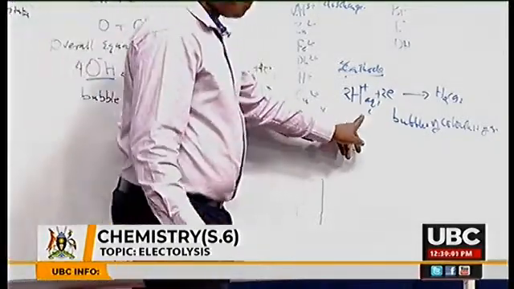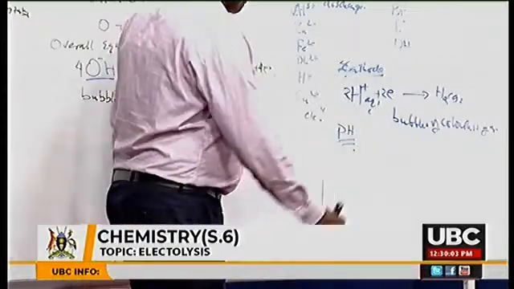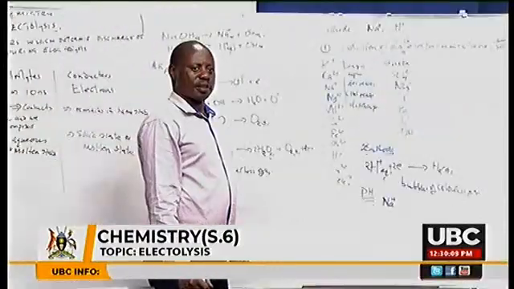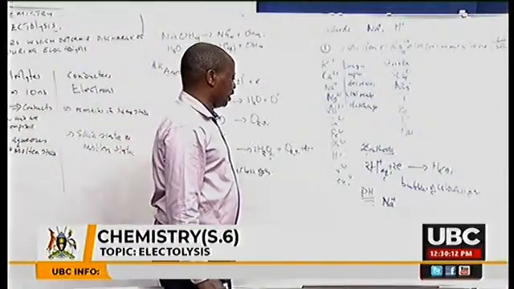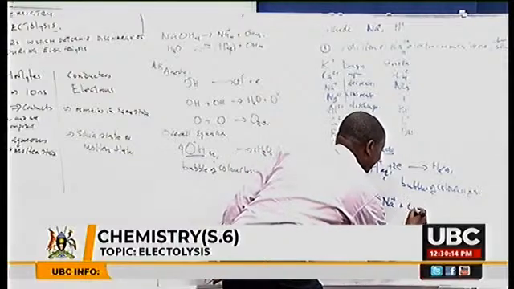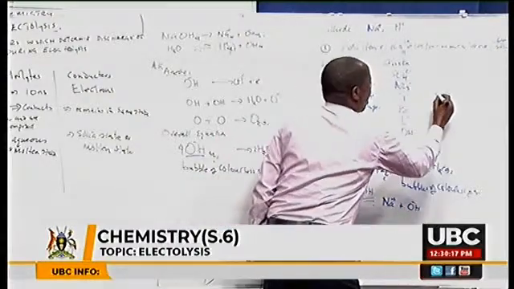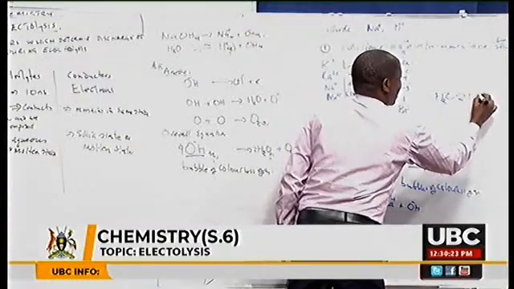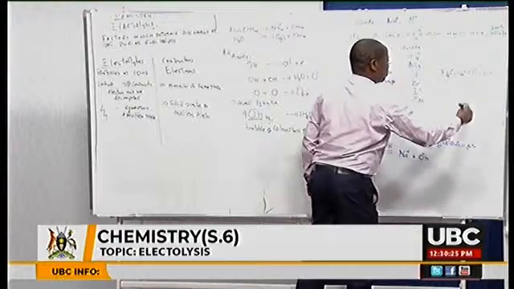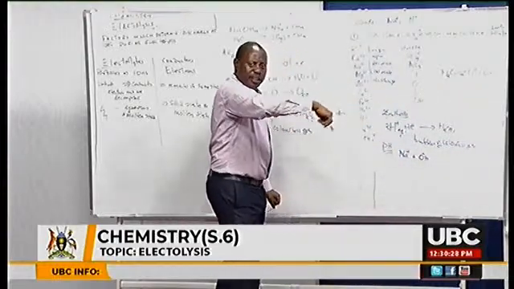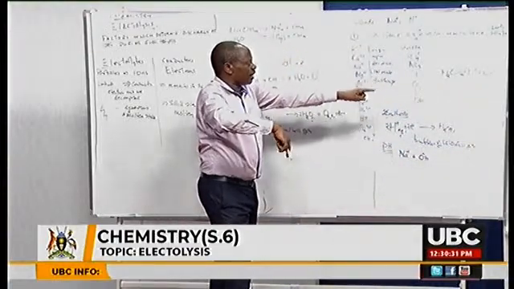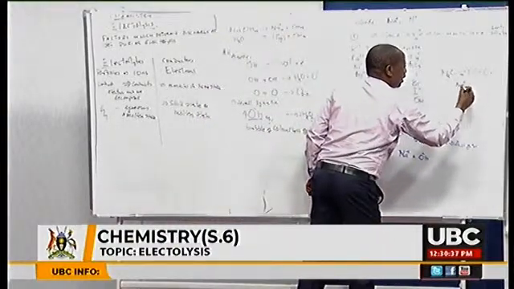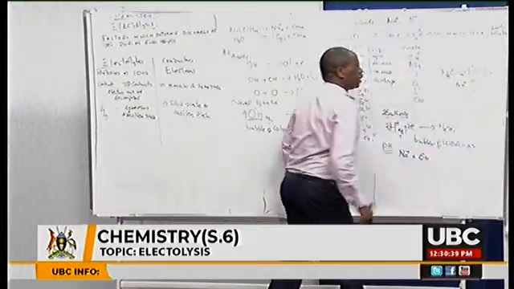Now, what happens here? The sodium ions which have not been discharged react with the hydroxyl ions, because you have water. Let me show you this one. You have water everywhere, and the water around the cathode ionizes to form hydrogen ions and hydroxyl ions. Then we have sodium ions all going there. Now, when the hydrogen ions are discharged,